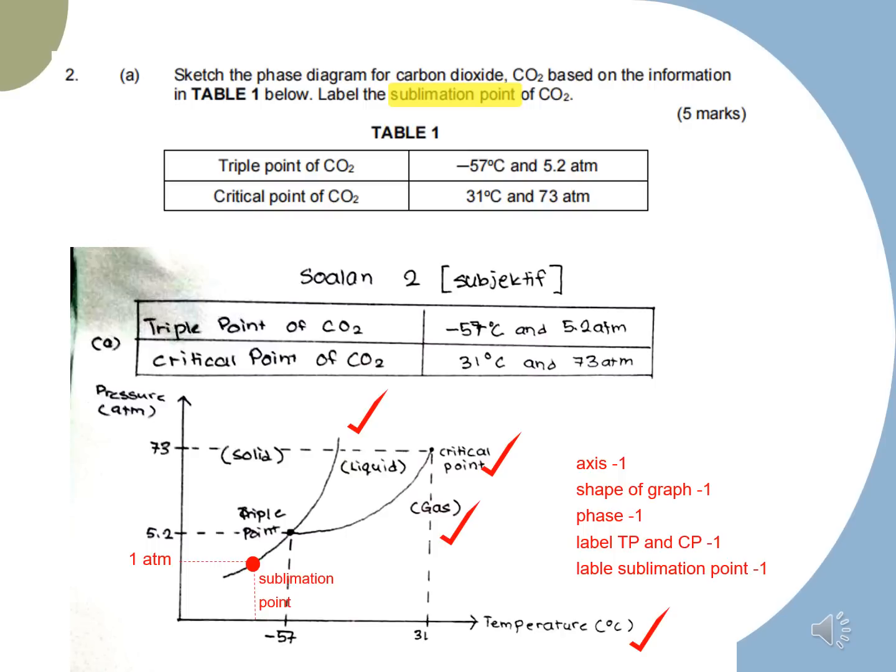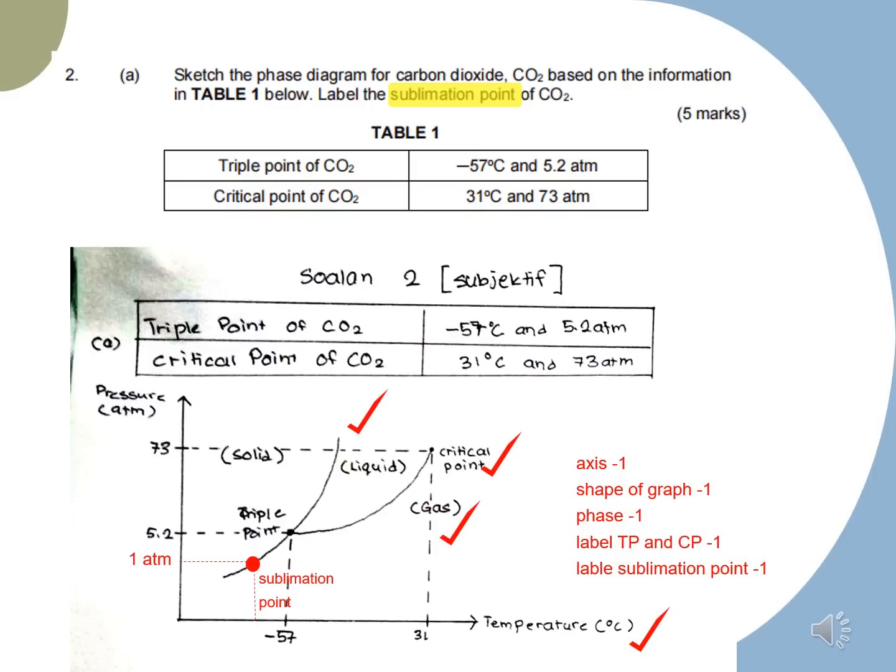And the last mark is when you answer the last question, which asks you to label the sublimation point. Sublimation occurs when solid turns to gas, and it occurs at 1 atm. So from 1 atm, you will draw a line to the graph and put the sublimation point there. You will get another mark for that. For the answer given here, the student didn't put the sublimation point, so he only gets 4 marks for